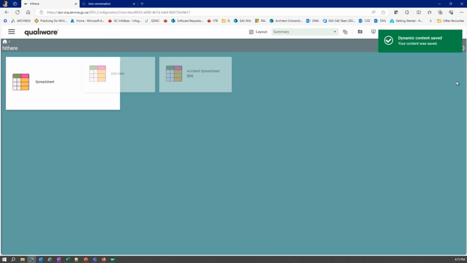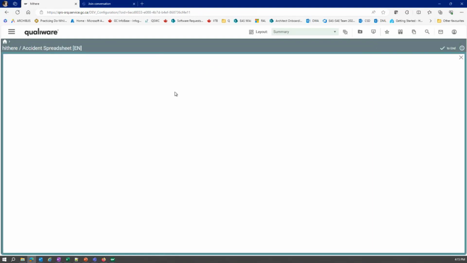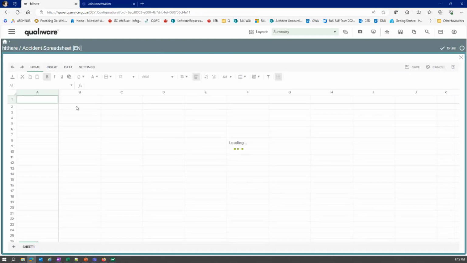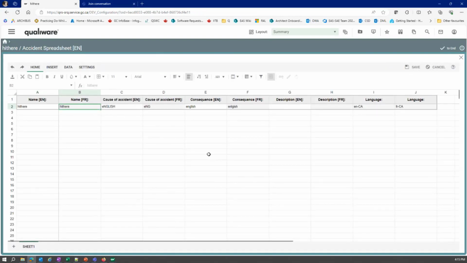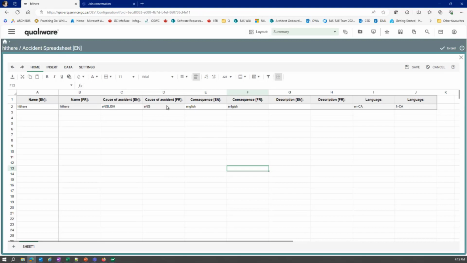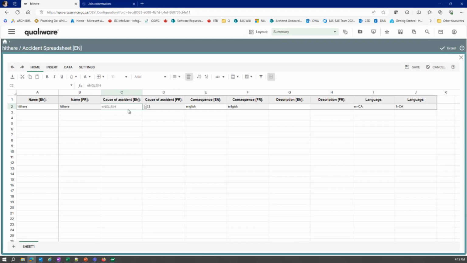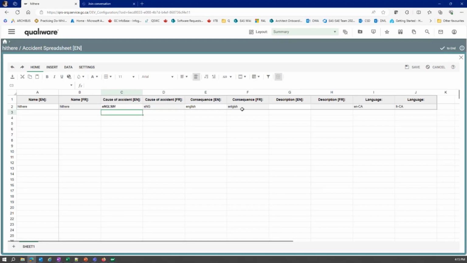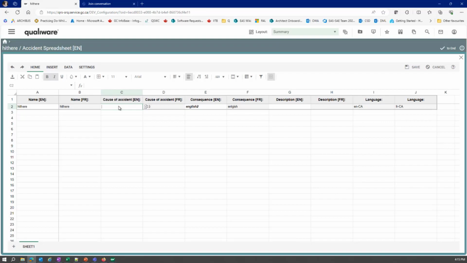I created a query that lets me look at both, but only edit in the language that I'm in. So right now I'm in English. This is the French field that I can't change, but I can now change the English field if I could spell. And if I just put a 2 on this, just so you could see.